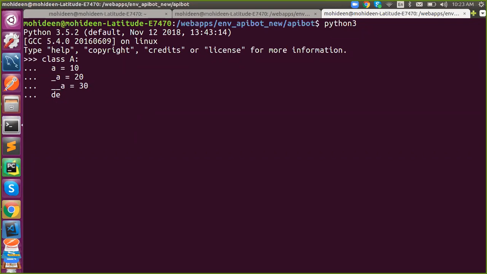You can define a method also in this way. Double underscore is private. Single underscore is protected. The third access modifier is what?